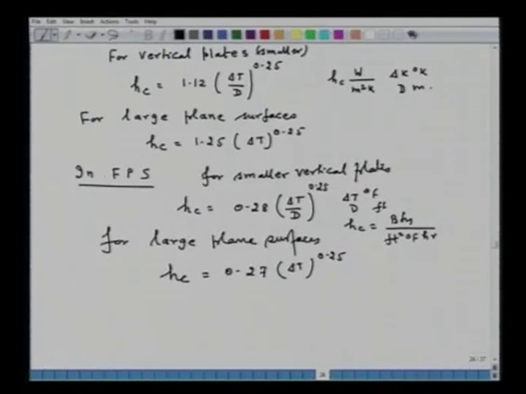So, these are the equations, depending on the geometry of the furnaces involved and depending on the calculation that will be useful for furnaces. These are the correlations for heat transfer coefficient when there is free convection. For example, the heat loss from the wall of the furnace to the surrounding is a case of free convection, then we will make use of one of the correlations that I will illustrate at the time of problem solving.